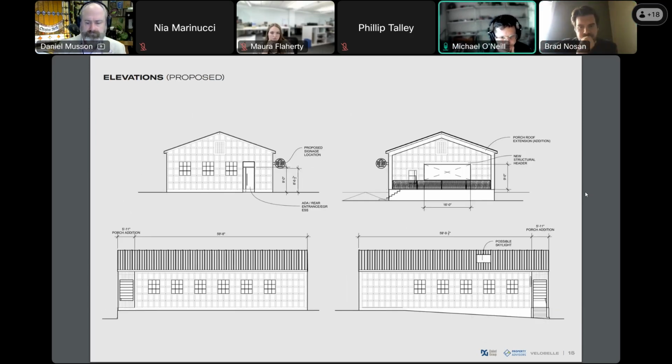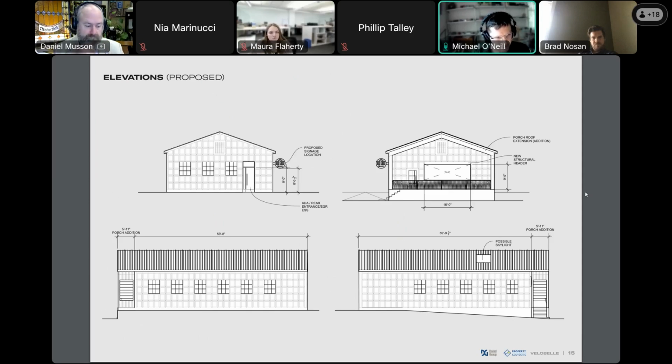So what we're looking at doing is extending the roof line to create this patio and create a strong covered sense of enclosure off the front of the building. And then pulling the signage off the street, setting it back onto the drive lane to be a little more discreet and blend in with the neighborhood a little bit more.